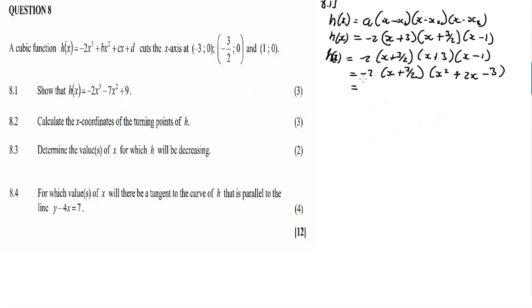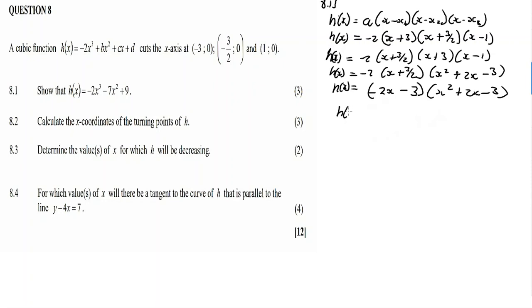Or I can multiply these brackets this way: I keep minus 2, but I don't want this fraction because it complicates things. How about I multiply the 2 inside this bracket so that I eliminate this fraction, giving minus 2x and minus 3, because the 2 cancels the 2, and then x squared plus 2x minus 3, h of x,